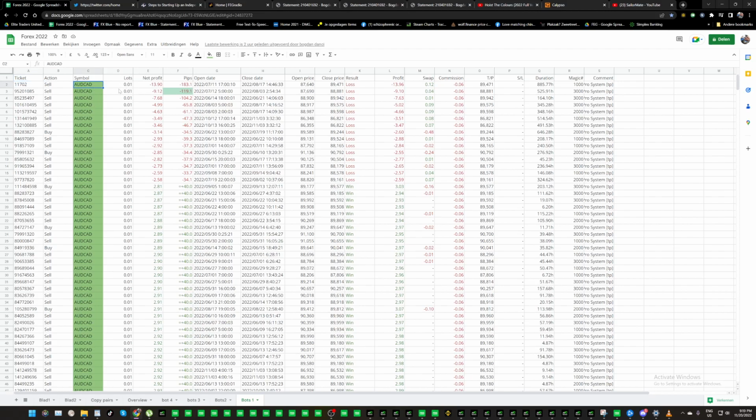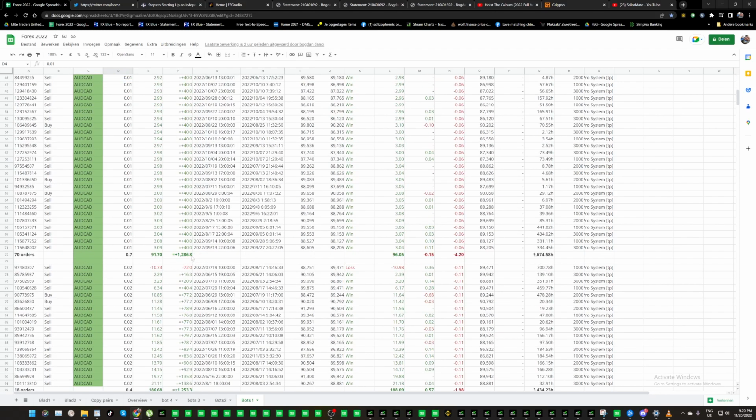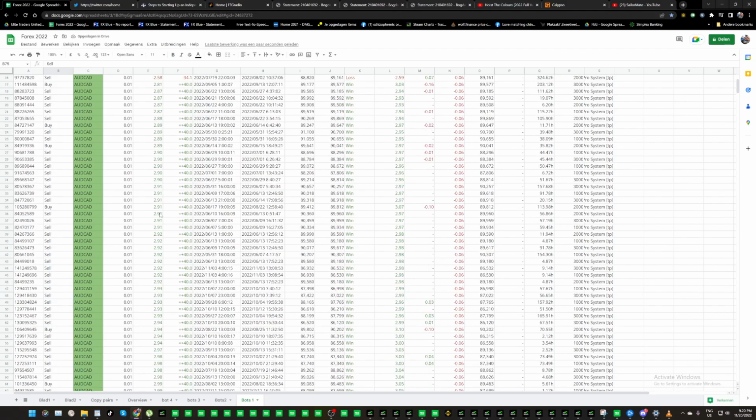So what I've done basically is I've copied all of the 0.01 lot sizes, and then I was checking out what kind of profit we make, how many orders in total, and I wanted to look if the 0.01 lot sizes are actually making a profit. All right, so as you can see, in total